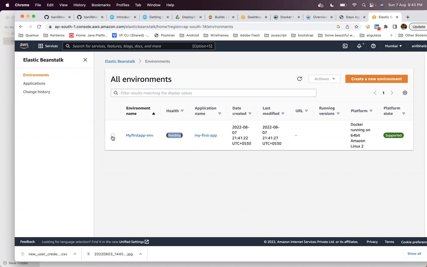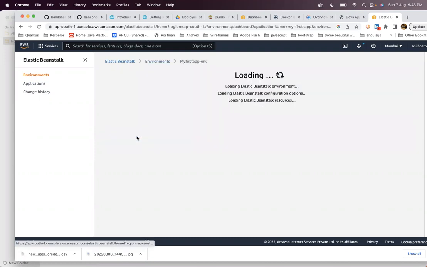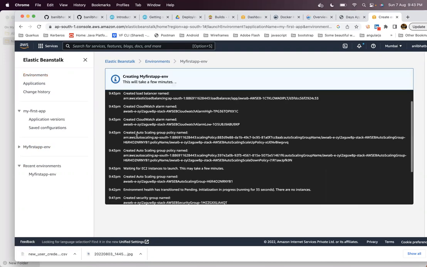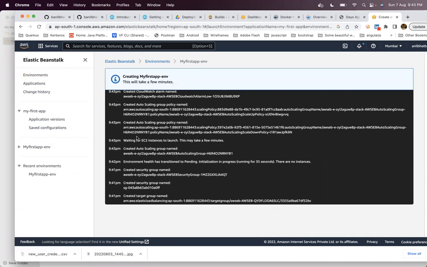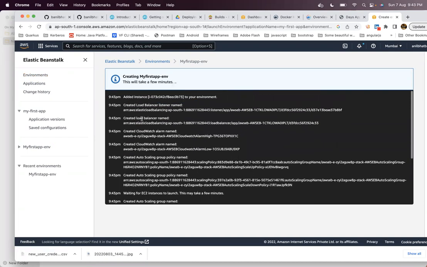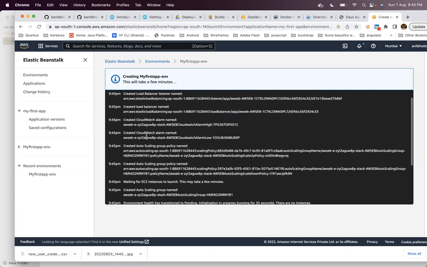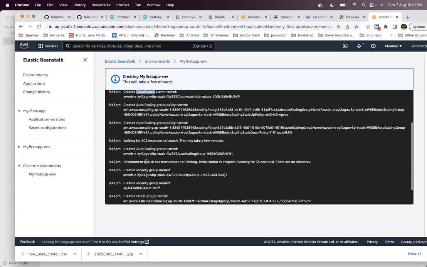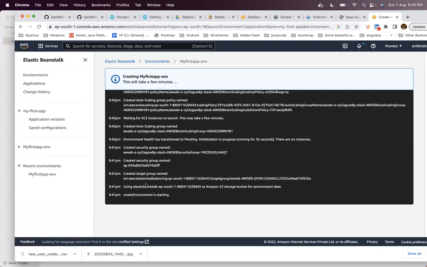It will be active. You can click on this environment and see what is going on here. There are multiple things going on. It is creating some monitoring with CloudWatch. It is creating a lot of things.